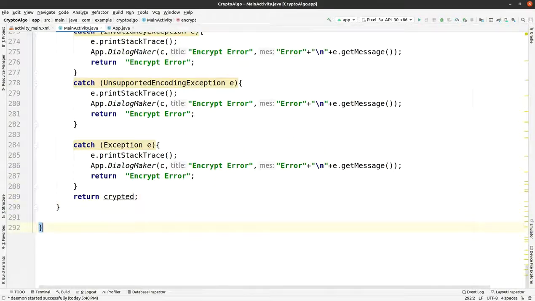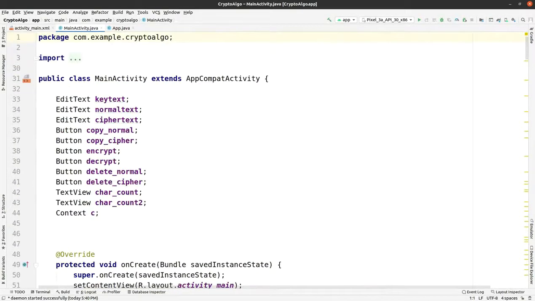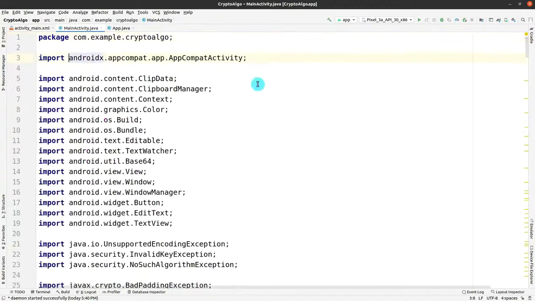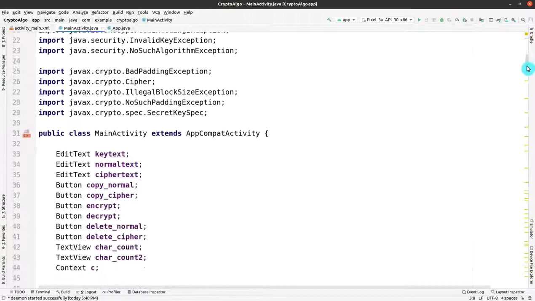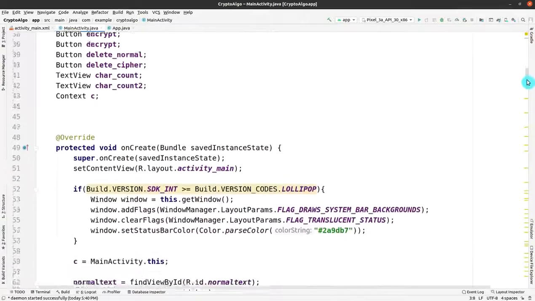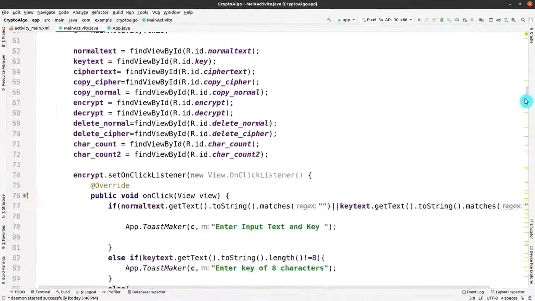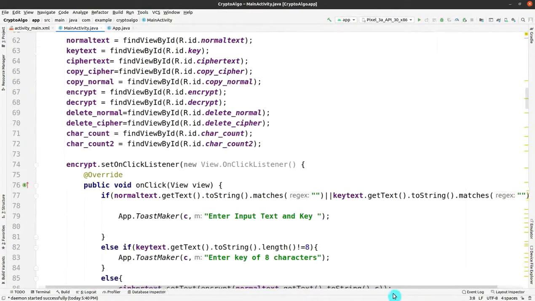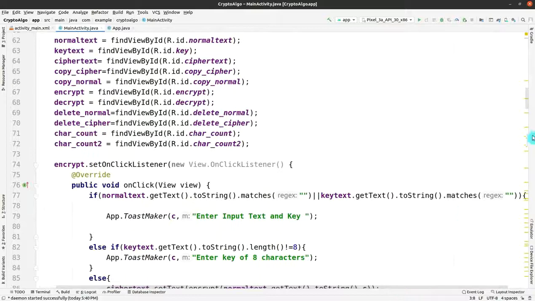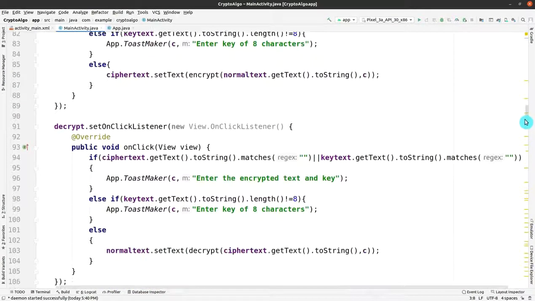If you get messed up or get an error anywhere in this class, then you can pause the video and correct your code. As you can see, my class does not have any errors, only warnings. So if you messed up anywhere, please pause the video and correct your code.